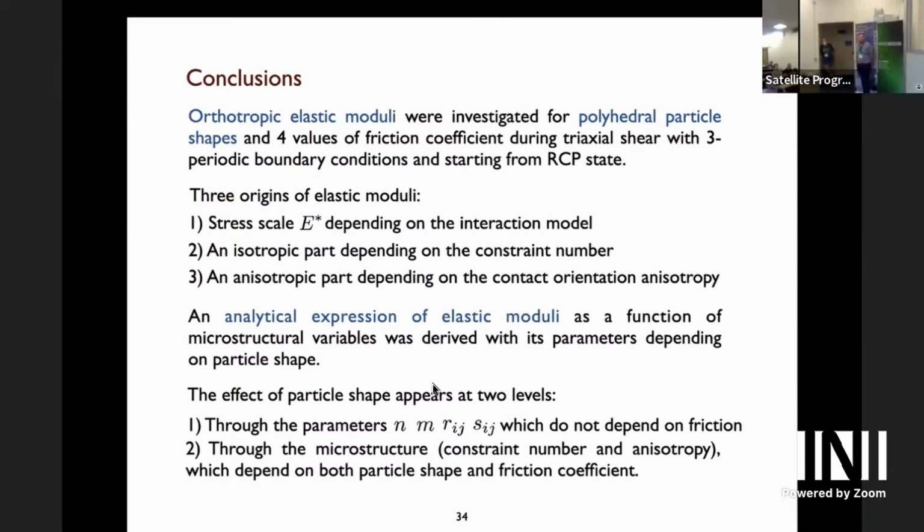Can I follow up? Because of the way you do this, at every instant it is basically a spring network when you're calculating this, right? Do you really even need to use your simulation to calculate this, or could you do something offline that mimics the spring network from your simulation, and you just probe that, and then you don't have to worry about anything? Yeah, we can do that. I mean, we can use the matrix. You wouldn't have to worry about sliding or anything like that. Yeah, that can be done. Jean-Noël Roux did that. He used this method. We can use vibration spectra and things like that.